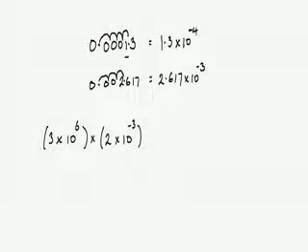Okay, again people run and panic, they see a minus and they freak. We're multiplying, so we go like with like. So 3 2s are 6